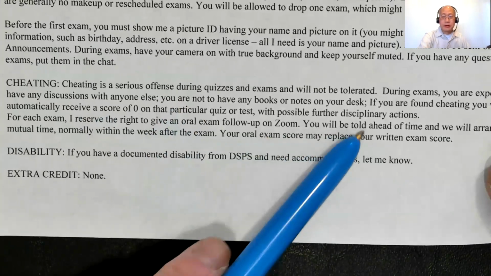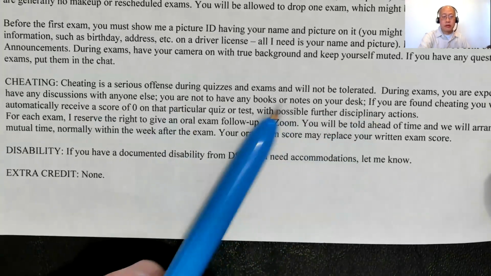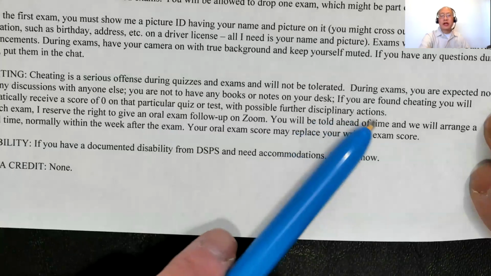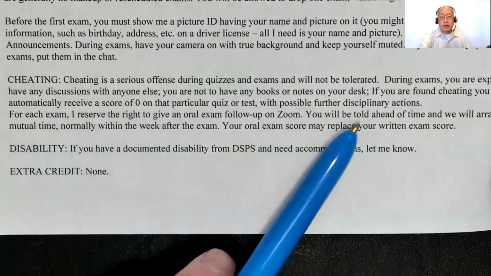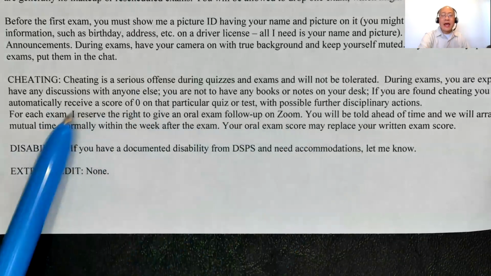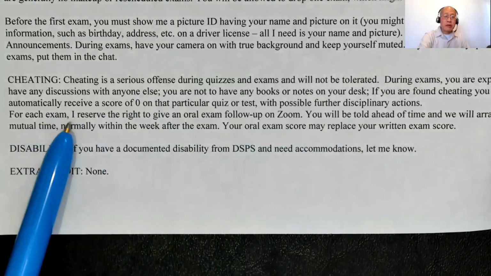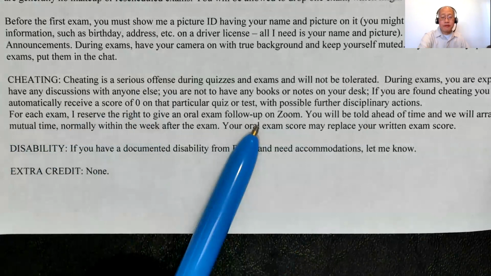Don't consult any other books or tables or internet or whatever. If somehow I do find out you're cheating, you automatically, of course, have to get a score of 0 and further disciplinary actions, okay? And something else, for each exam, I reserve the right to give an oral exam follow-up